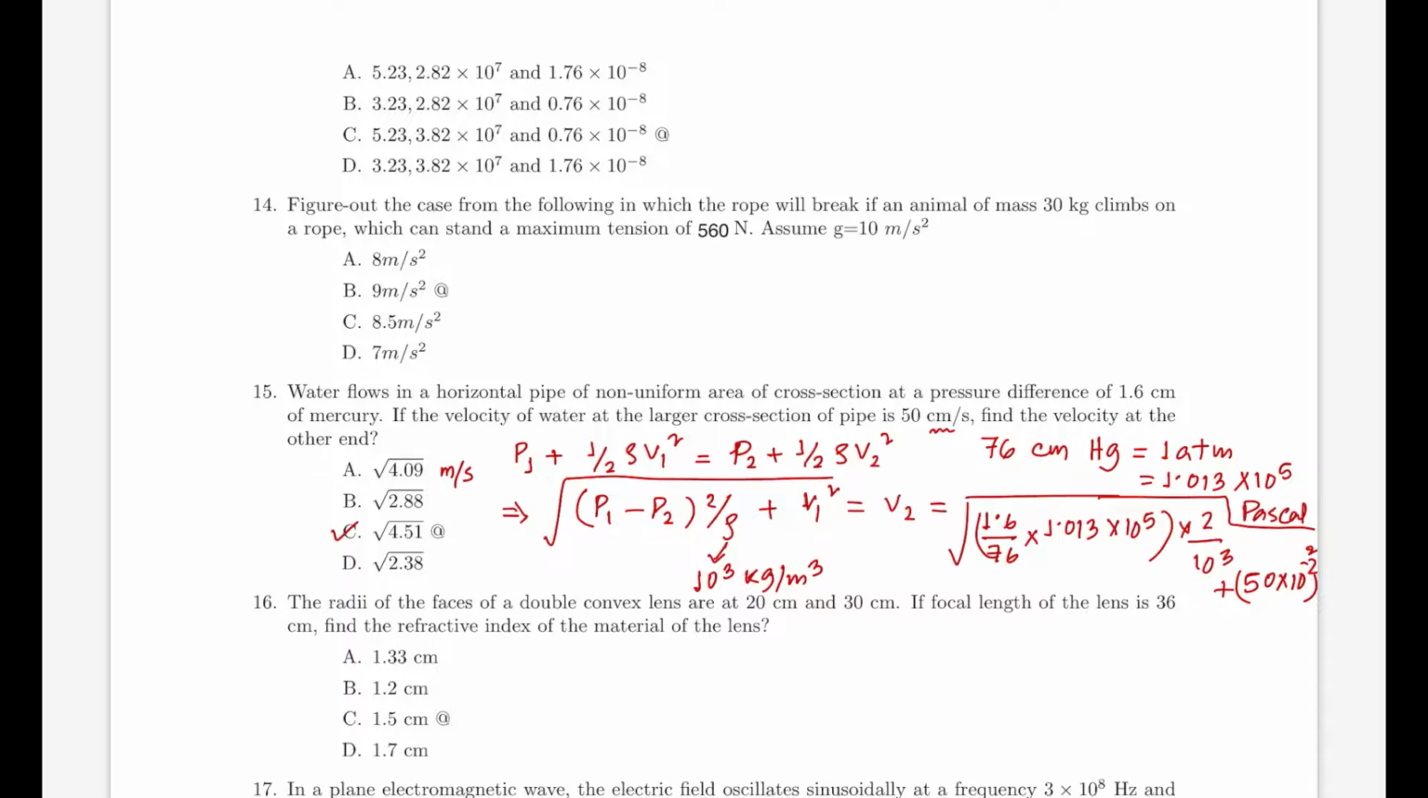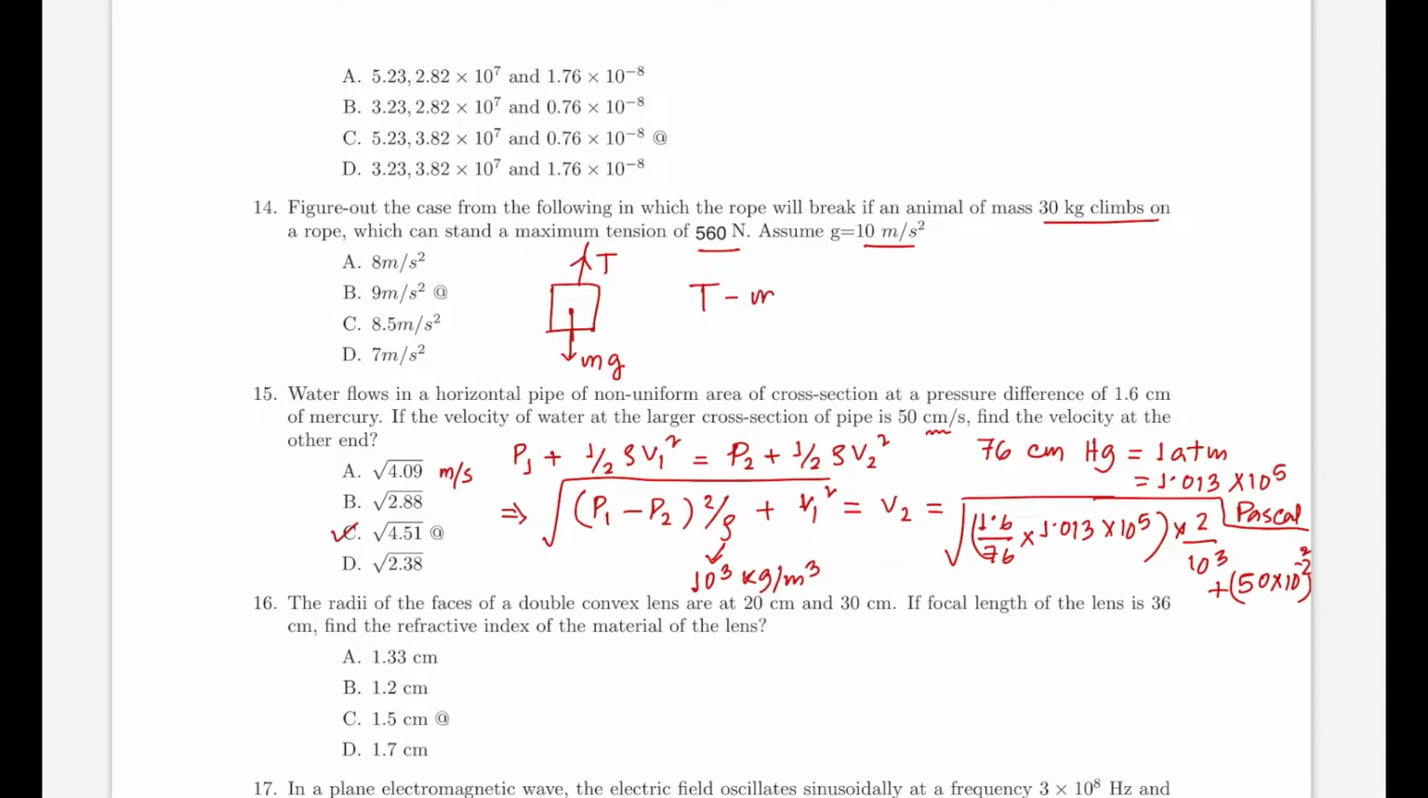now question 14 says figure out the case from the following in which the rope will break if an animal of mass 30 kg climbs on a rope which can stand maximum tension of 560 Newton. Assume g is 10 meter per second square. So suppose this is the animal and this is the rope, the tension on the rope, and this is the force due to gravity. Since the animal is climbing the rope, the net force must be equal to the acceleration of the animal. So T is